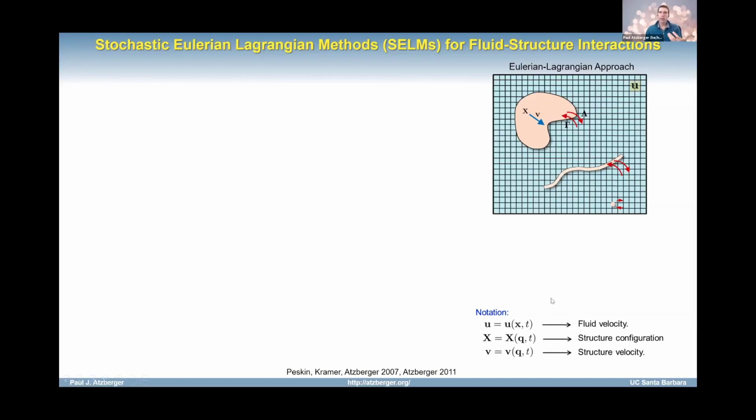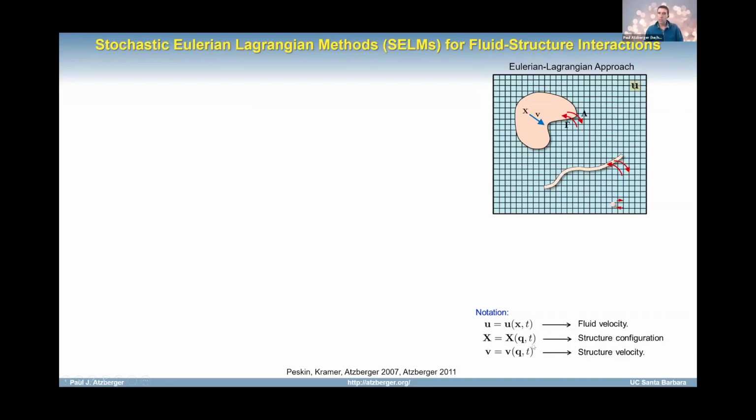I'm going to do it where now I have basically two momentum equations, and then I'm going to do something related to a tight coupling that will ultimately reduce down to the immersed boundary method. But we're going to do it from this perspective because there are going to be some additional stochastic terms that come in, again, due to essentially the Ito lemma, that will influence the final formulation of the stochastic immersed boundary method. Okay, so if we go from this perspective, the U here is the fluid velocity field.